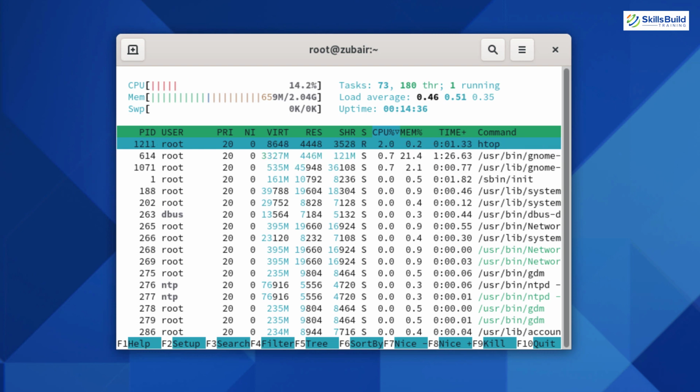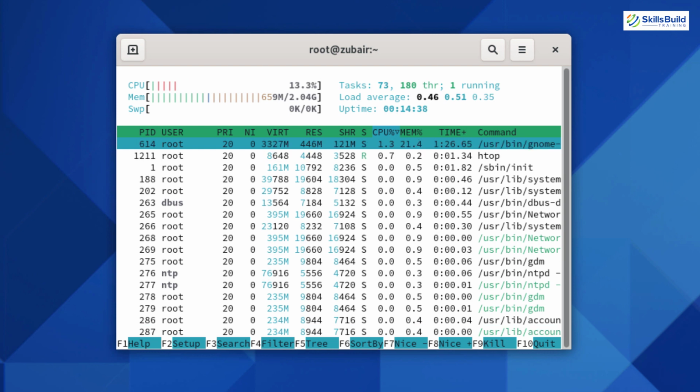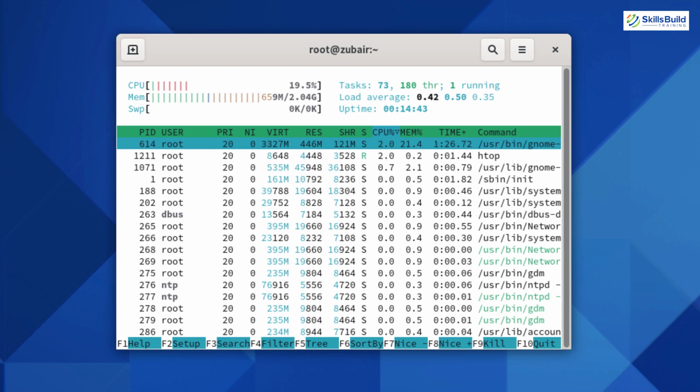Htop, as you can see on your screen, uses color and its output is very detailed and very informative. As you can see, we have CPU usage information, we have our memory usage information. As you can see, 659 MB is being used from 2 gigabytes, and then we have our swap value.